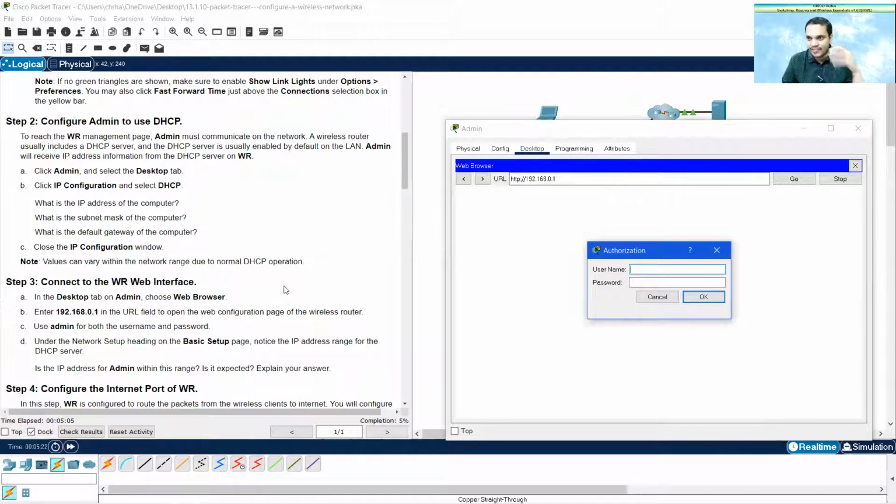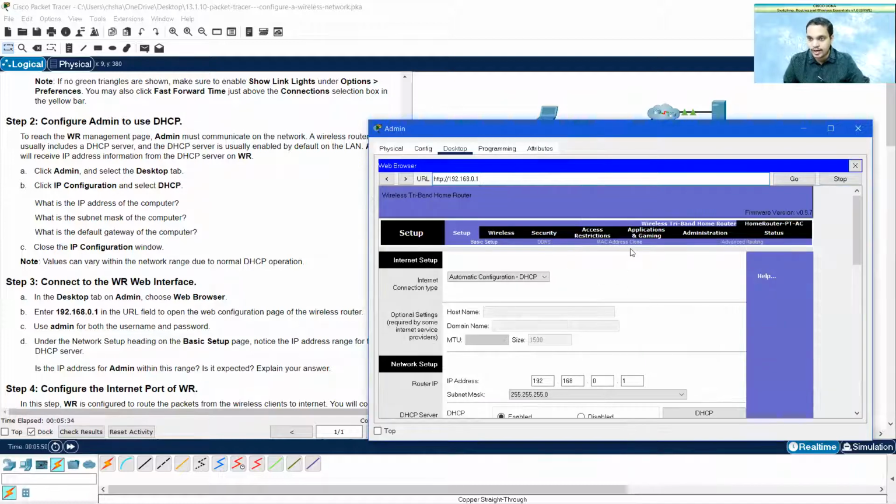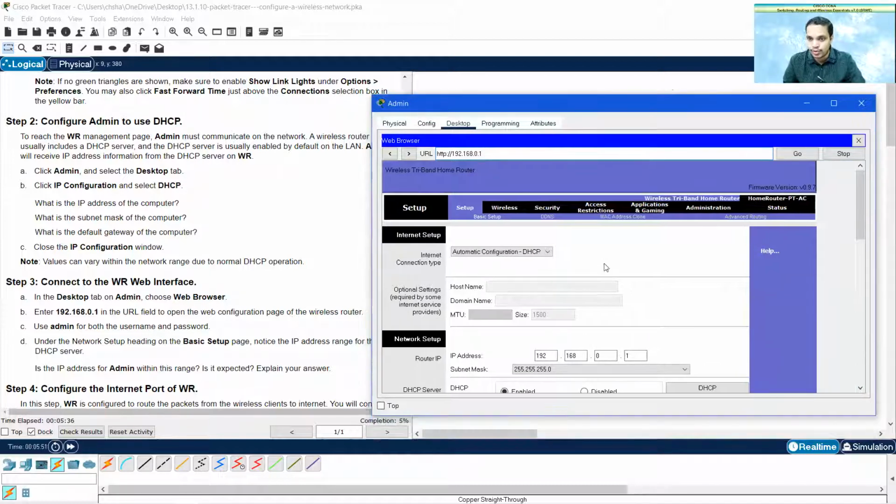Now, when I want to enter the router's management console, it will definitely ask for a username and password. When it is the first time you are using it, you will have the default username and password, which come with the documentation sent with your router. When you purchase the router, the documentation is already in the box. You need to go through it. Generally, most of the time, the default username and password are set as admin. So I am also using admin for both the username and password. Click OK. You can see this looks the same kind of interface which we discussed during our module video.